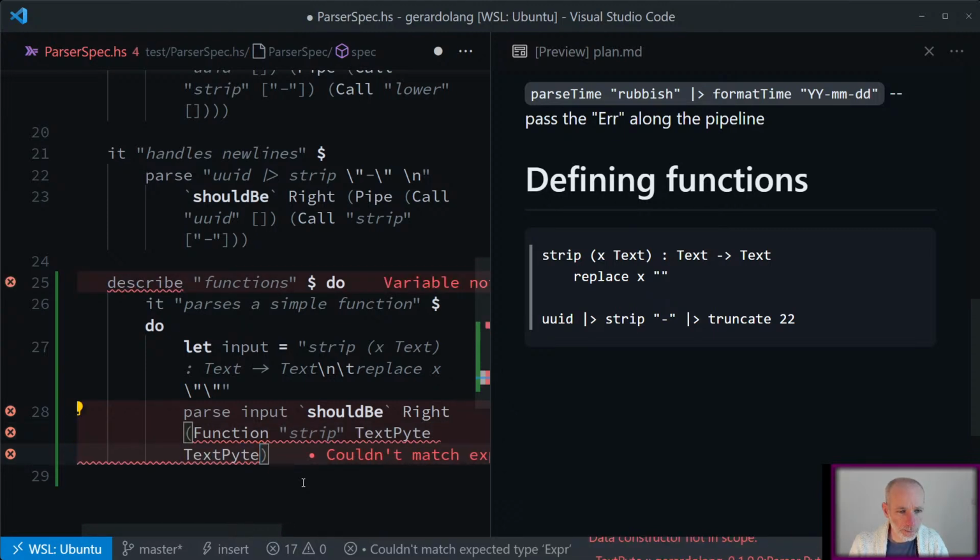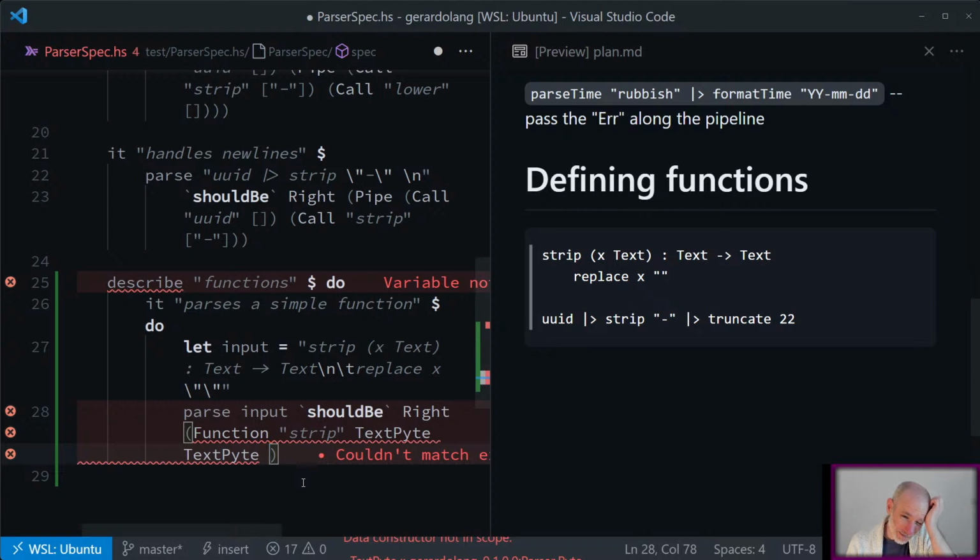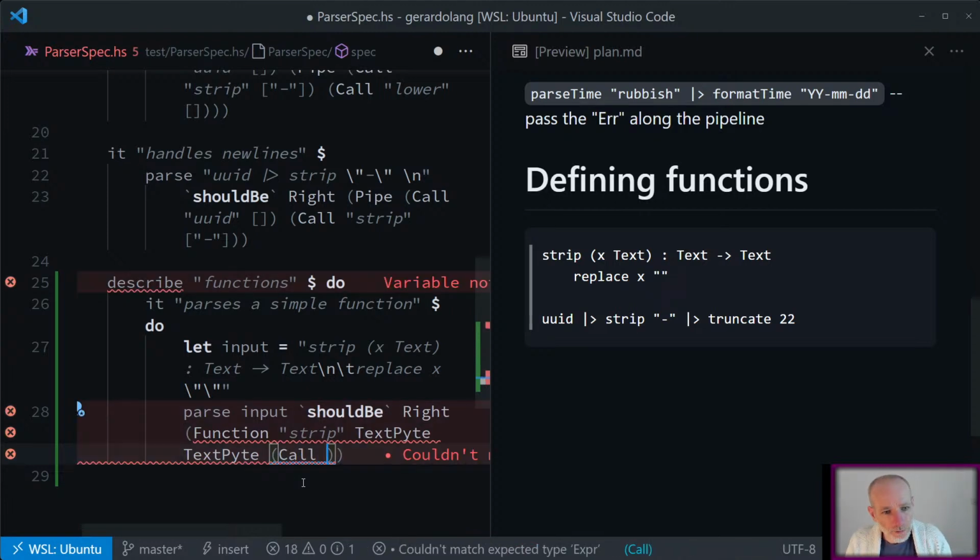So that's the input and the output types, and then the definition of this is going to be a call to replace of, so the parameters to this are going to be,